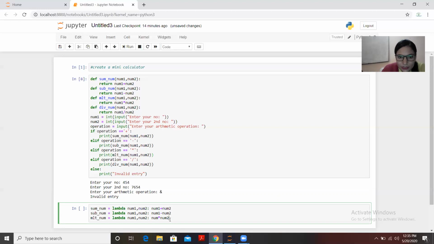Now the next function is what? The next function is division of these two numbers, right? And lambda, the names of the variables num1, num2, colon, and the operation which you want to apply. So here you have created all the functions, right?